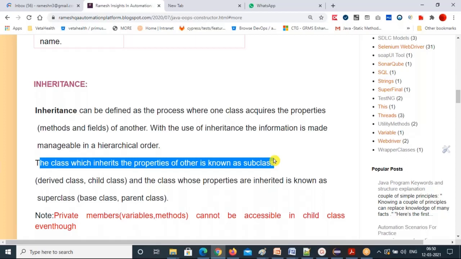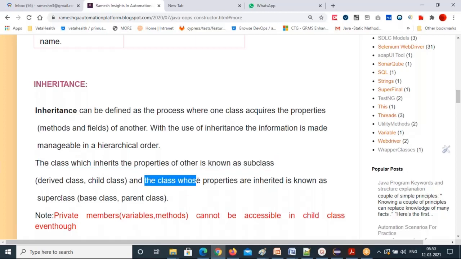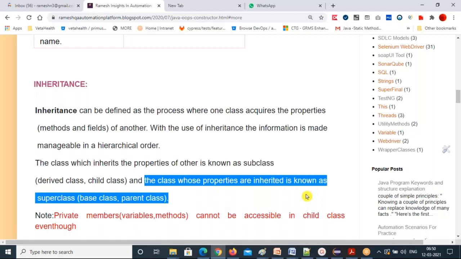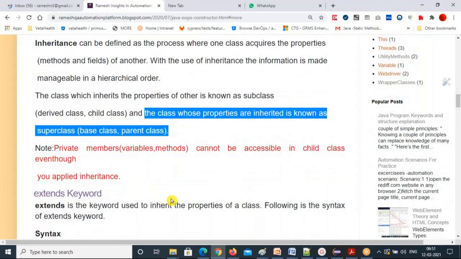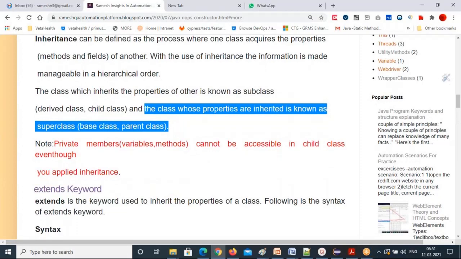And the class whose properties are inherited is known as a superclass, base class, or parent class, we call that. And how can you do this inheritance?